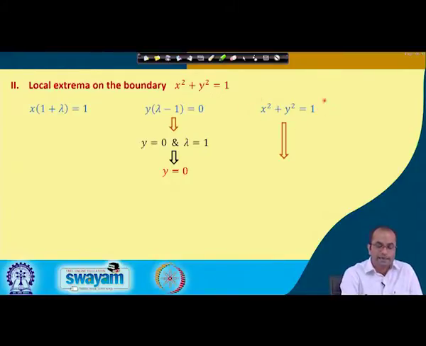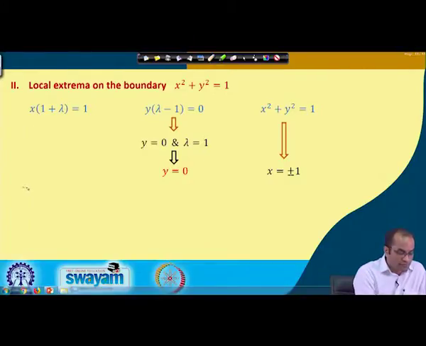That means x is equal to plus minus 1. This equation is also satisfied. Now, from the first equation, having x is equal to plus minus 1: if x is plus 1, we have 1 plus lambda is equal to 1, so this lambda